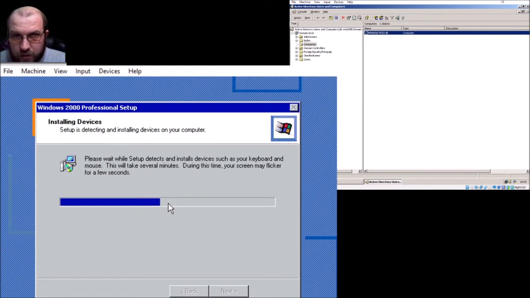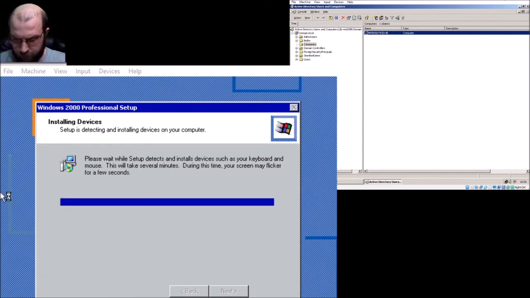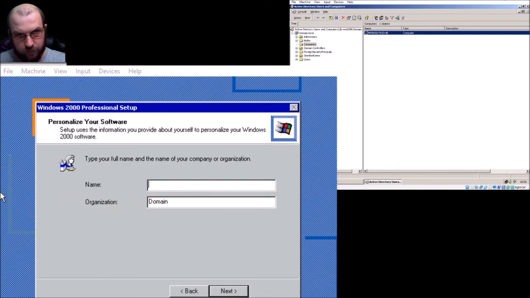Probably the next one. Actually, I'll wait until it finishes, see if it brings up any errors, because there might be a couple of housekeeping things I need to do. Okay, so it's asking for a username. I think this is in the answer file, but I need to set that up because it's been a long time since I've used Windows 2000 and XP answer files, which are the same thing, but let's have a look. Username is going to be